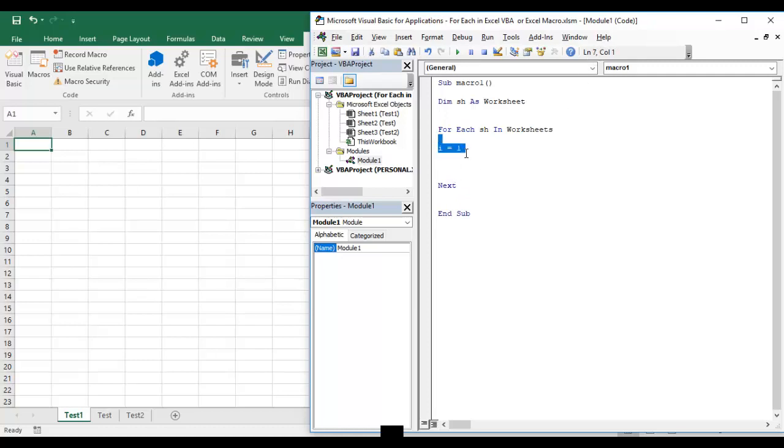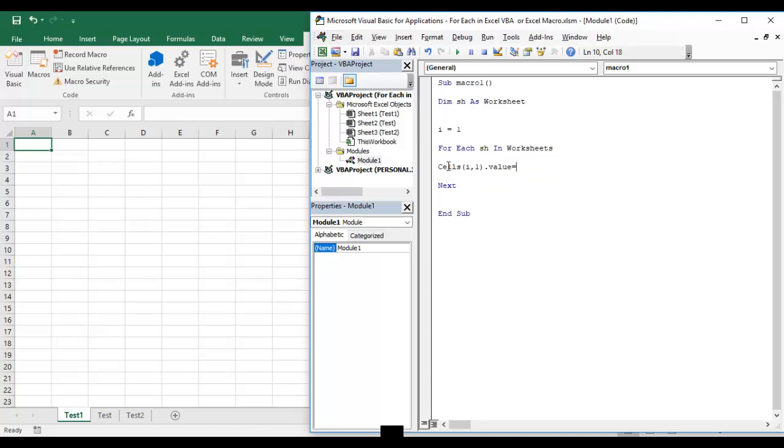I have to declare it outside the loop, because otherwise every time it will be initialized to 1. Now I'll say Cells, and I have to give the row index, which is my i, and the column is 1. So it will be Cells(i, 1).Value